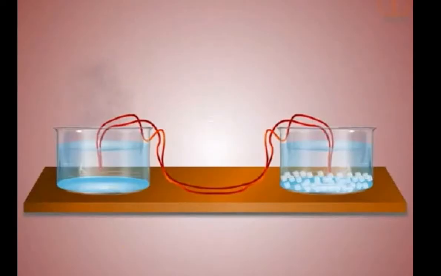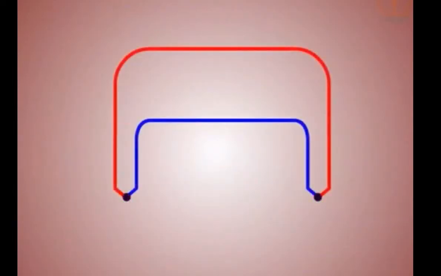Now here is an animated video. You can see one hot part and one cold part. The hot part means two dissimilar metals joined at one point. Here one dissimilar metal is called M1 and the other is M2. The red one is copper, and the other you can say is the iron part, M2. The junction temperatures are A and B.